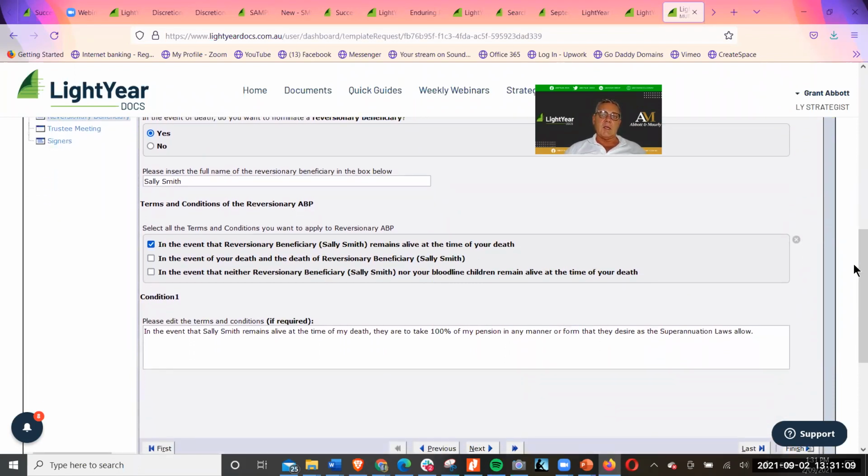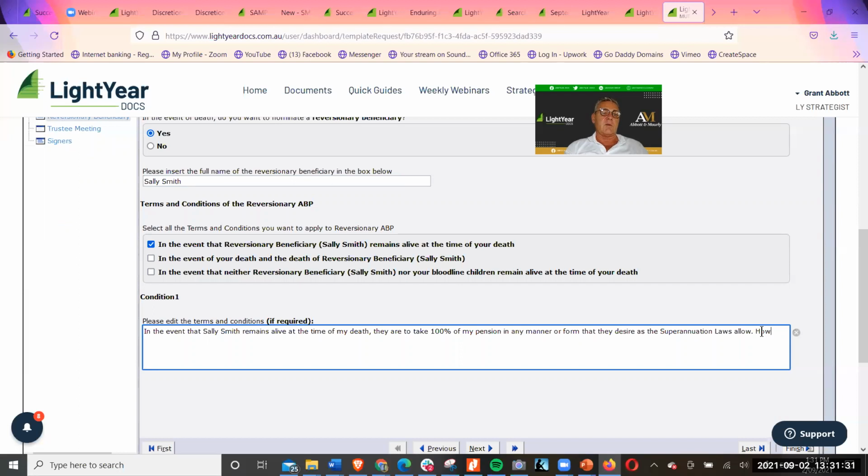You can amend these words, but what I've got: in the event that Sally Smith remains alive at the time of death, they have to take 100% of my pension in any manner or form they desire as the super laws allow. So that's okay. So she can take the pension, she can commute it. But remember, we've got a problem there. However,